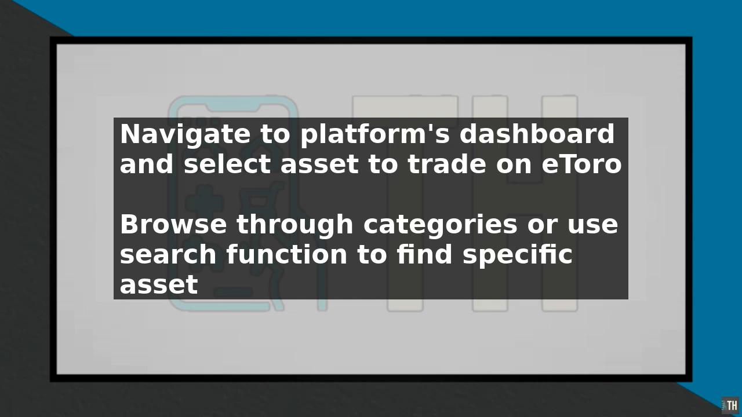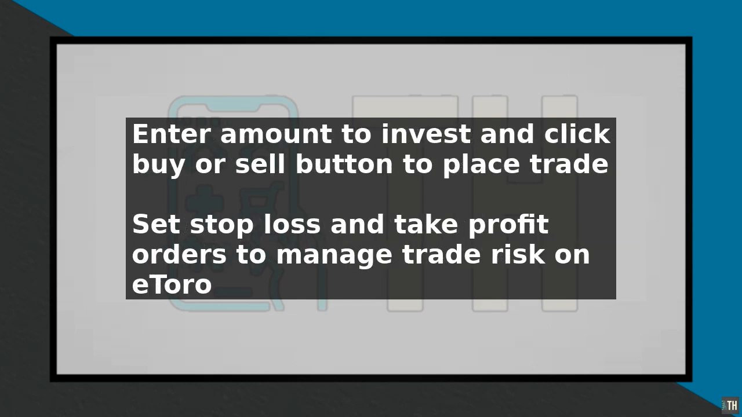The bid price is the price at which you can sell the asset, while the ask price is the price at which you can buy it. The spread is the difference between the bid and ask prices, and it is essentially the fee that eToro charges for each trade. To place a trade, simply enter the amount you want to invest and click on the buy